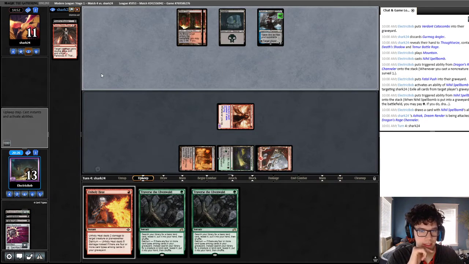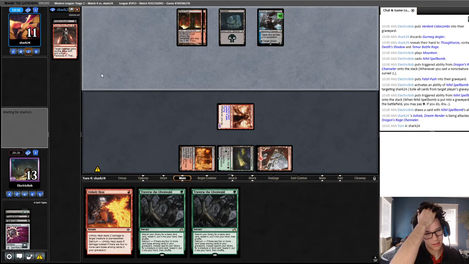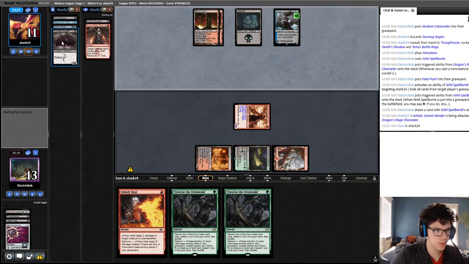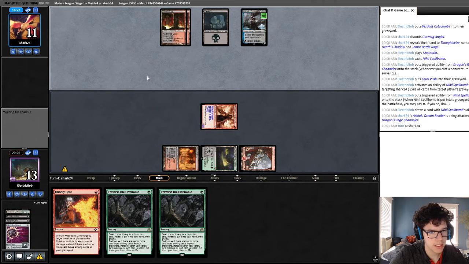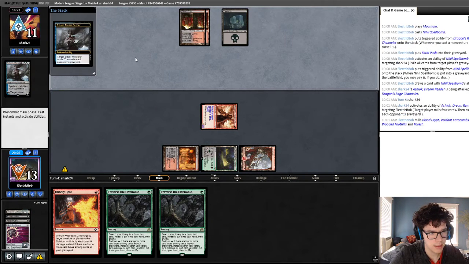So, yeah, I don't know why I took Gurmag Angler. I was playing fast. That was kind of idiotic. I mean, they could have played it this turn by milling themselves with Ashiok and then play Gurmag Angler, which might honestly be a reason to take it. Because they could mill themselves for 5 here, and what is Gurmag Angler? 2 at that? Yeah, it's only a 2 cost. So, I think that's pretty reasonable, actually. And I think that's more of a problem than...